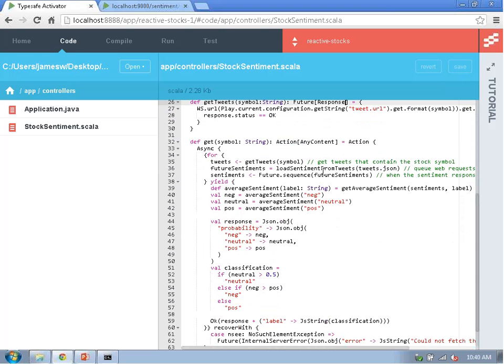And then once we get the tweets, I'm going to load the sentiments for each tweet, which returns a bunch of futures. So there's a future for each of those requests to the sentiment analysis service. And then I sequence together all of those futures, meaning I'm going to return one future that aggregates together all those futures. So that's my future that I will essentially put a handle on and say, all right, when this future has a value, when the future has been fulfilled by all those responses coming back,